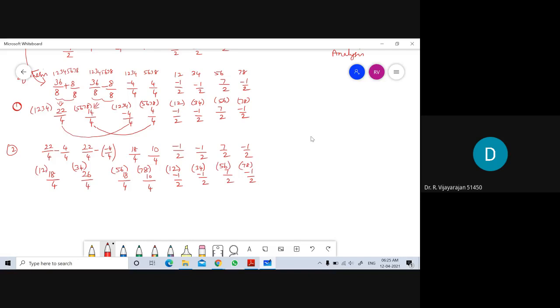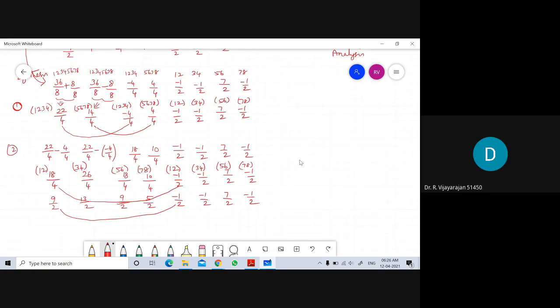Now you consider similar values from similar indices. 1, 2, 1, 2. Go for summation. So before that, here we have 2, here we have 4. Then you can simplify so that it will be easy. So this is going to be 9 by 2. This is going to be 13 by 2. Again 9 by 2. This is 5 by 2. Minus 1 by 2. Minus 1 by 2. 7 by 2. Minus 1 by 2.